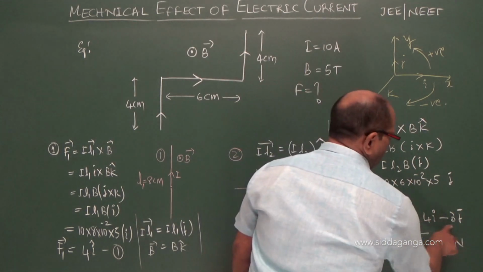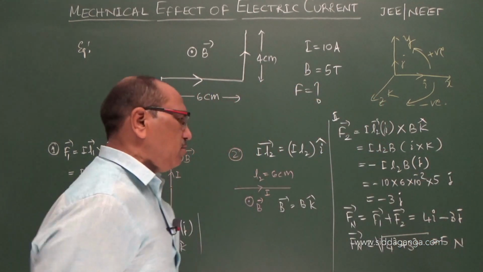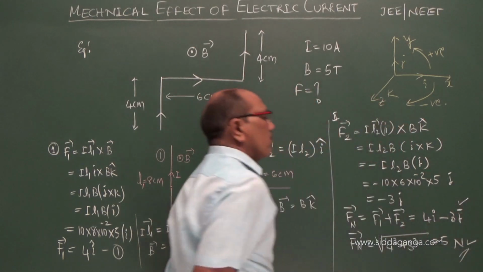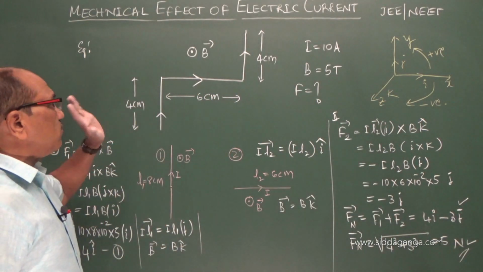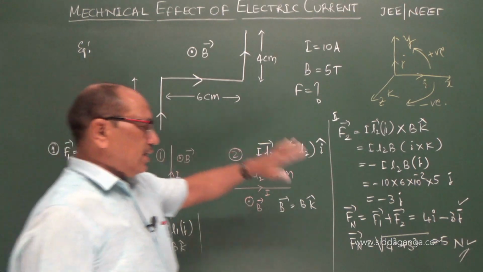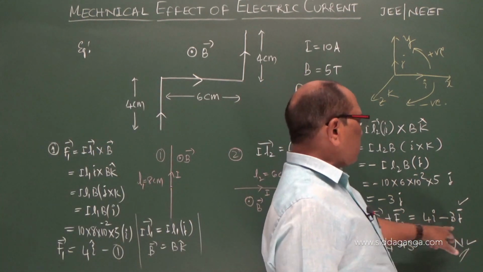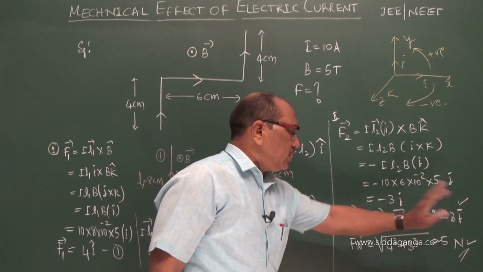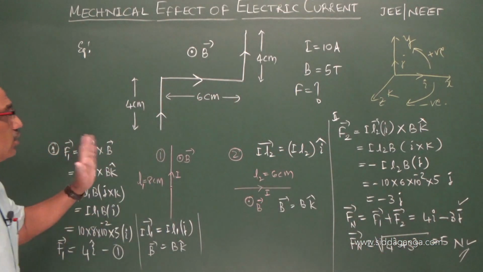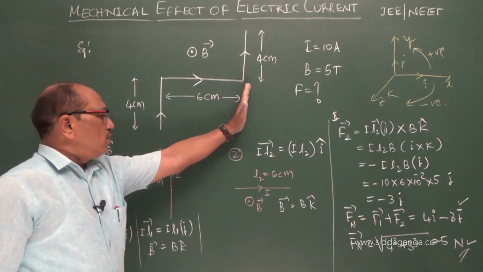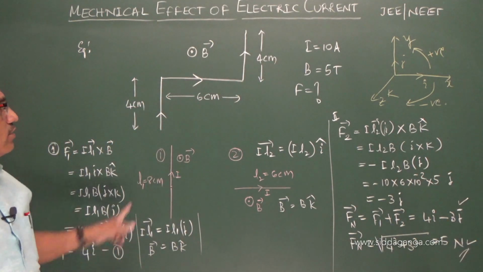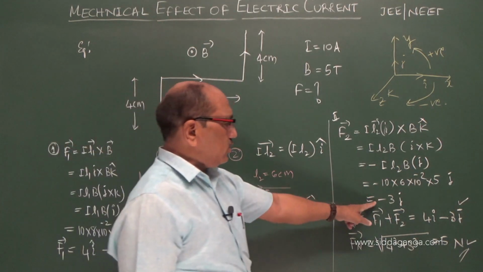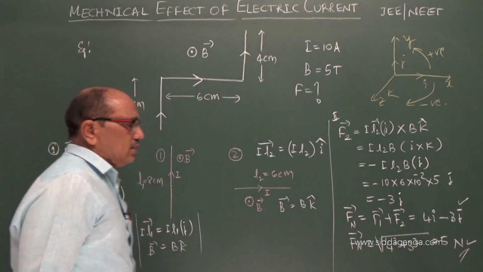So the direction, tan theta, can also be obtained, but here I gave the magnitude. They may give you this or this one. The net force is 5 Newton, but if direction is required you have to use the tan theta function, y by x, or the vector form is 4I minus 3J. I think you followed how we merge these two and get the answer: F1 for the vertical portion, the horizontal portion gives the minus 3J, and we write 4I minus 3J as the final answer.